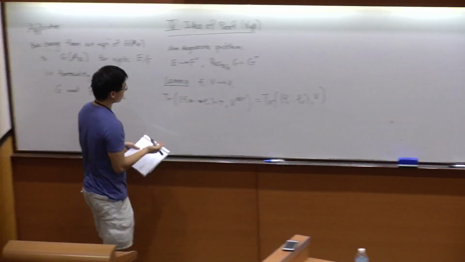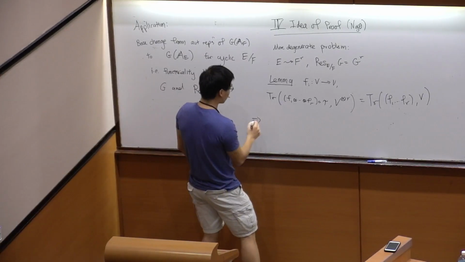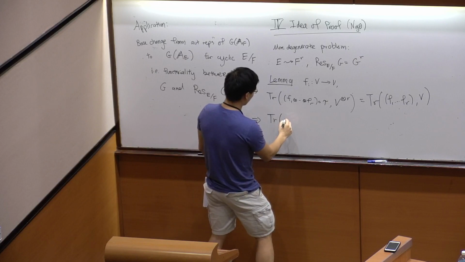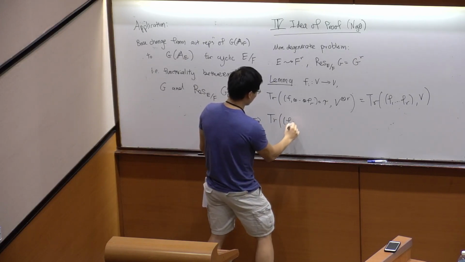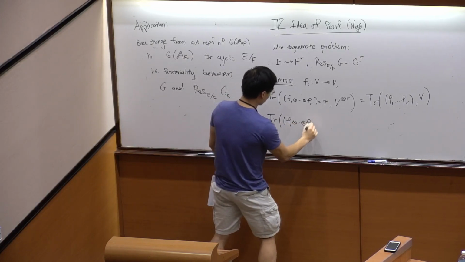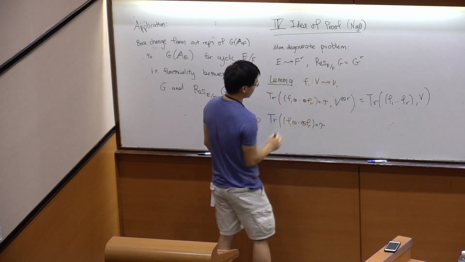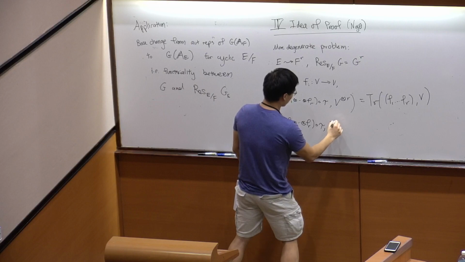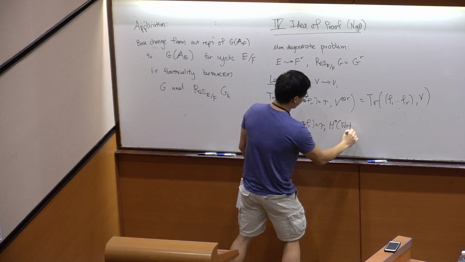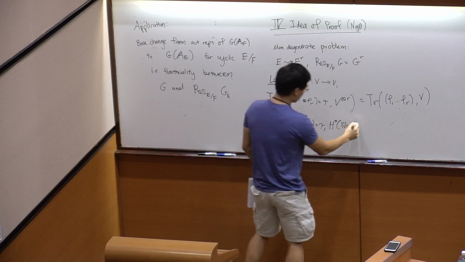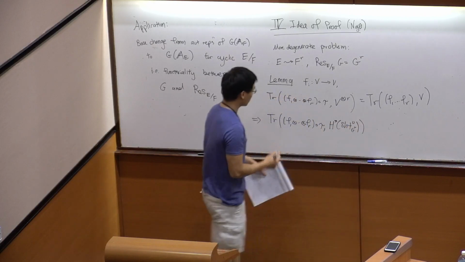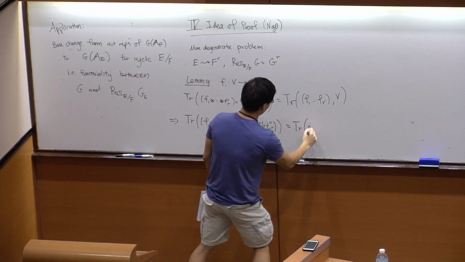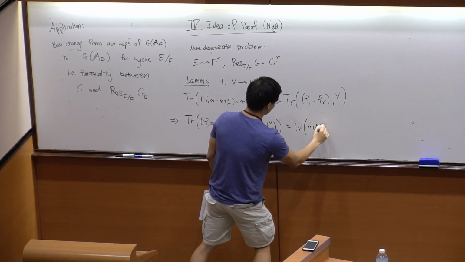A consequence of this is that the twisted trace of a collection of elements of the Hecke algebra composed with the automorphism of G to the R, cyclic rotation, on the cohomology of this trivial shtuka for G to the R, is equal to the trace of this product, let me call it the multiplication of the Fs.